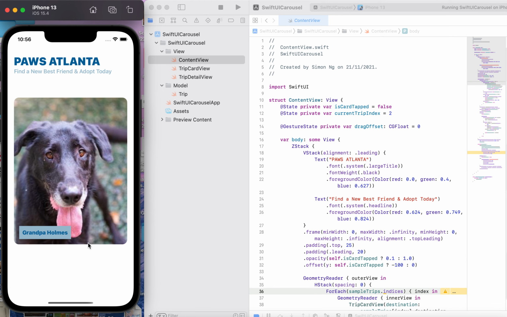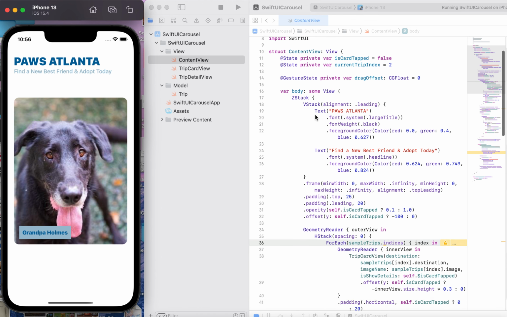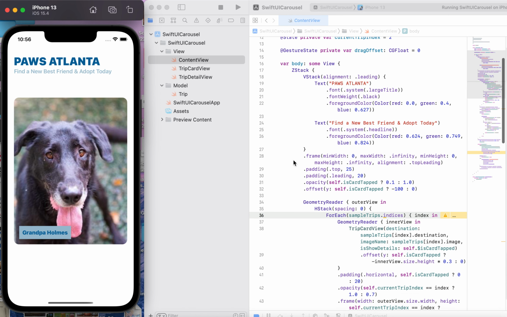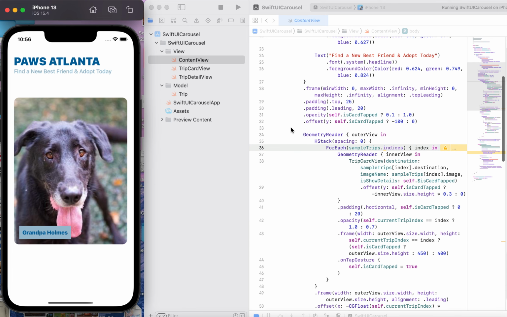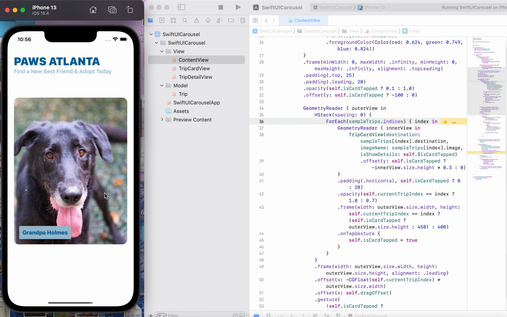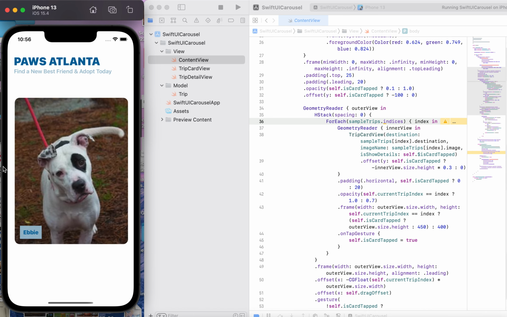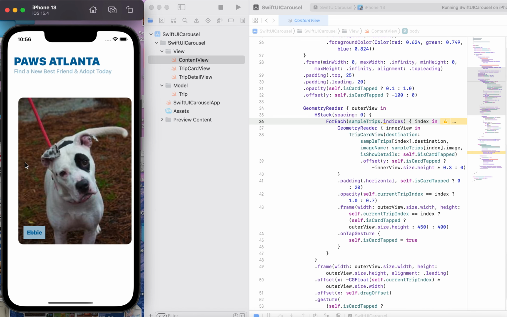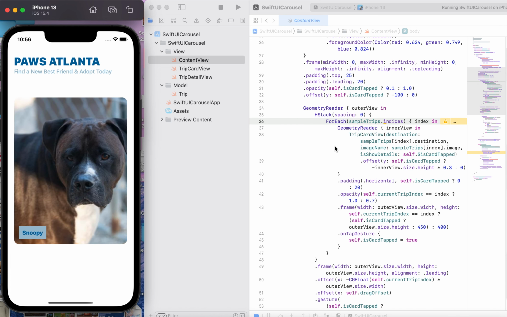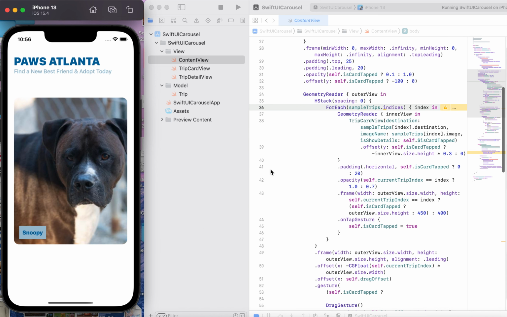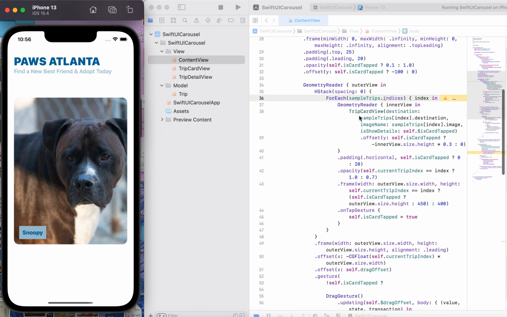So basically what you start off with seeing is just one of the profiles, and that is displayed through the content view over here. You can see all the different functions and state bindings that make it so that you can swipe through and each of the cards will snap to the grid like so. And you can see right here, through the geometry readers and stacks, how all the different